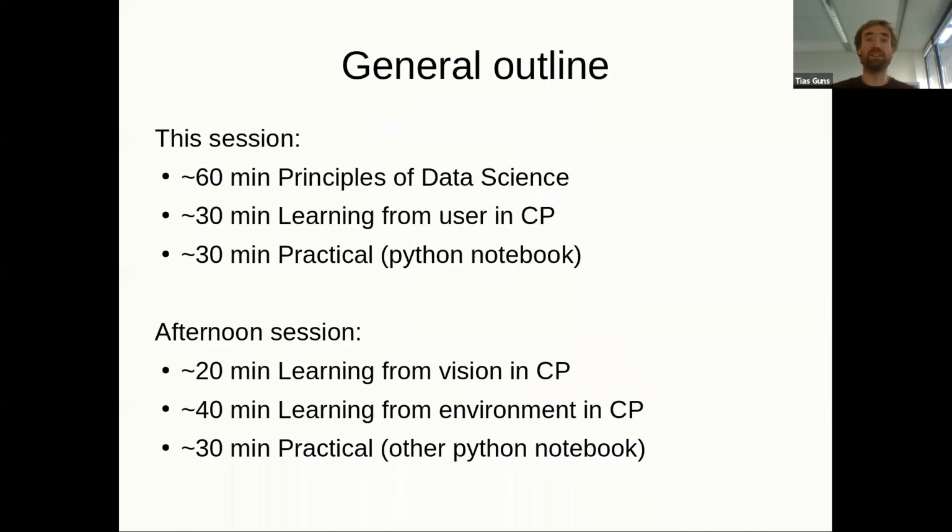So the outline of the two sessions I will be giving is this. This morning, I'm going to talk about an hour about the principles of data science. And after that, about a first work at this intersection, mainly learning from the user. And then there's a practical session. So last night, you all received an email with links to the notebooks. They're actually on GitHub. And so you will be able to build your own neural network and do some constraint